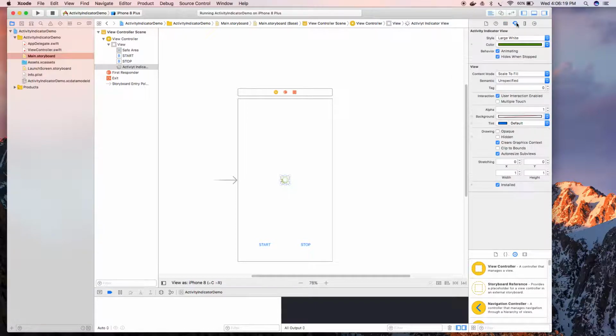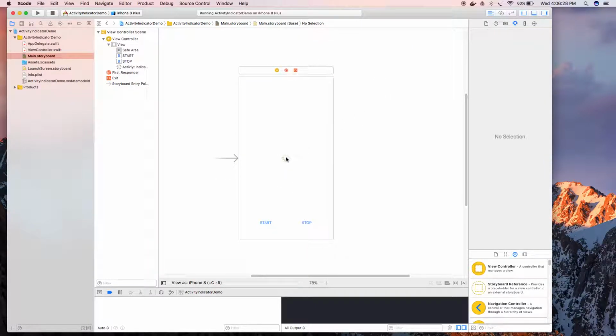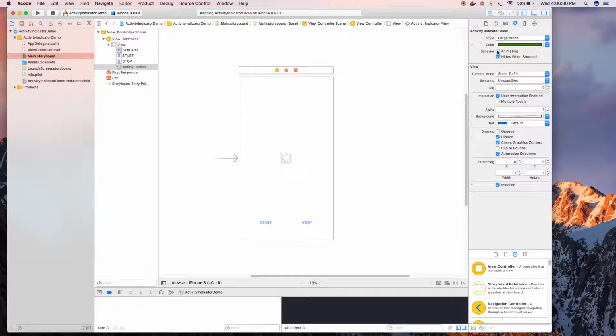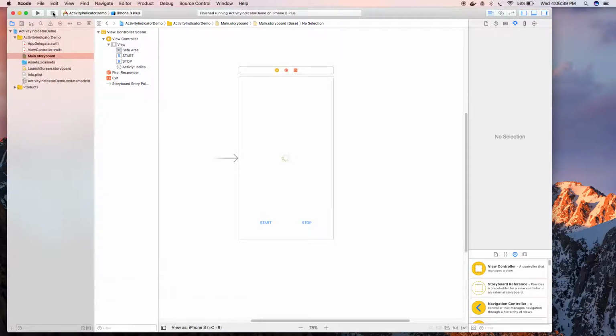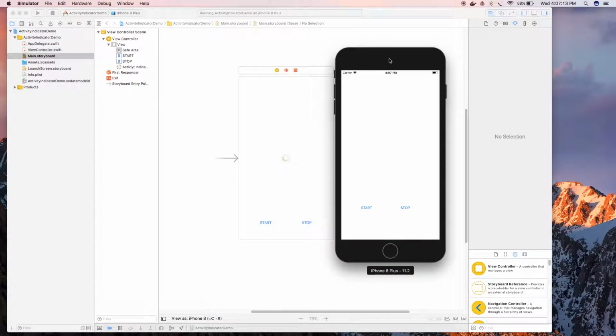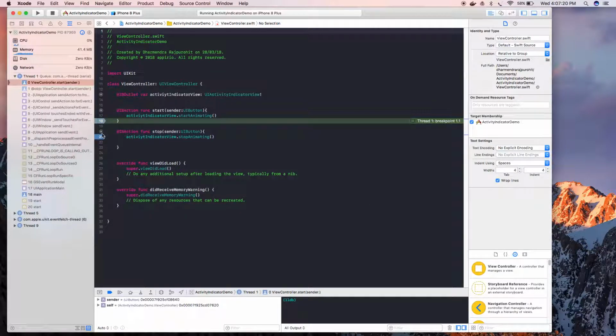Select, and that we selected here animating behavior, so we do not need to add this. So what it will do, it will start animating whether we start or not. So now we're going to execute this and let's see what happened. So here it is. If we click on this start button, then you may, okay, we need to